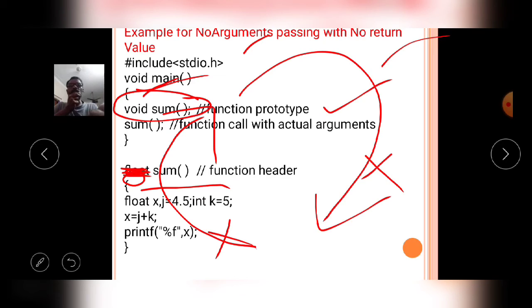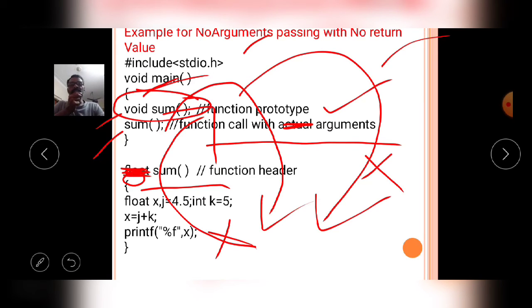Then come to the second line. The first line is over. Sum function calling. This is called function calling with no argument passing, no actual arguments. Now the control is moved from the caller function to the called function.